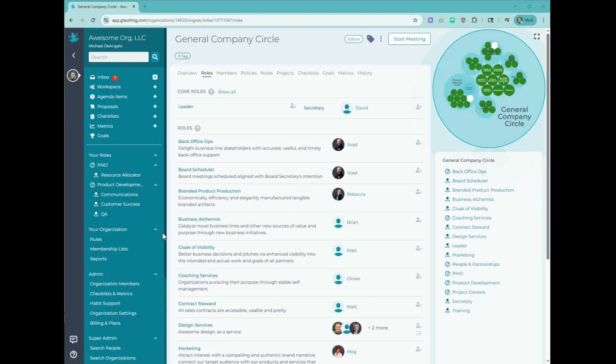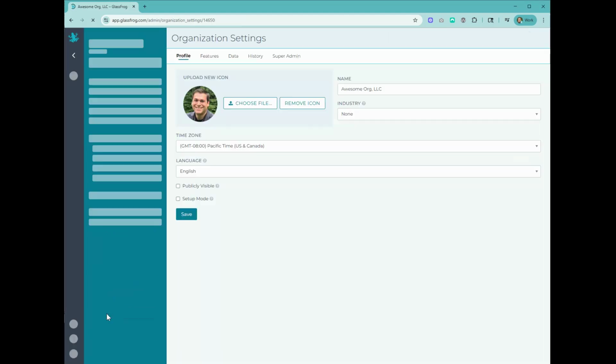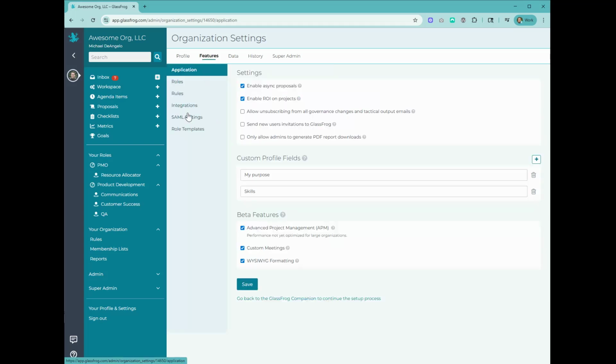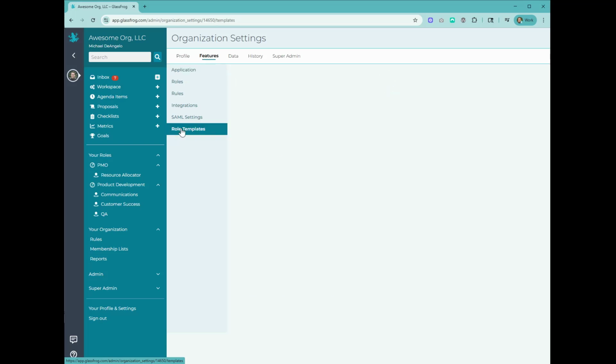So first of all, where role templates are set is in the admin menu. There is an option called organization settings. We select organization settings, and under features in subsection role or features, you'll see a section called role templates. So this will list out all of the existing role templates that you've created. And if you want to add a new role template, you hit the add button and it pulls up a